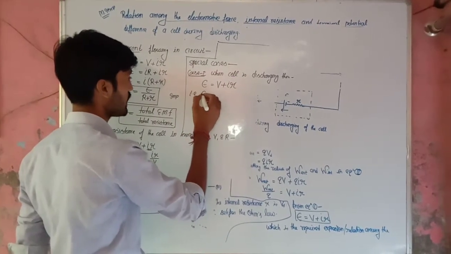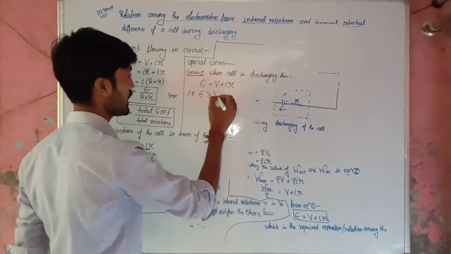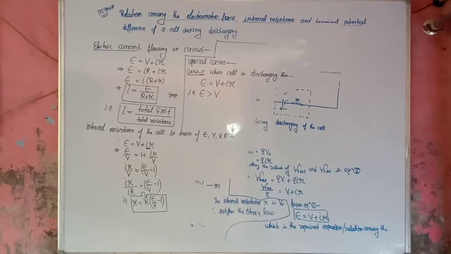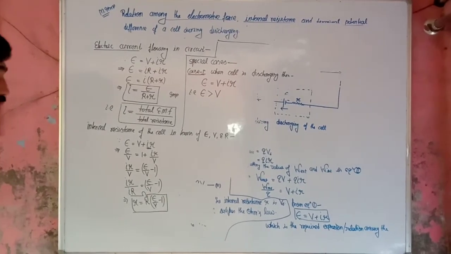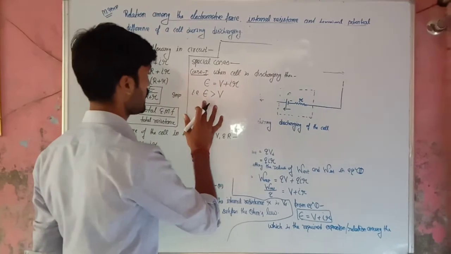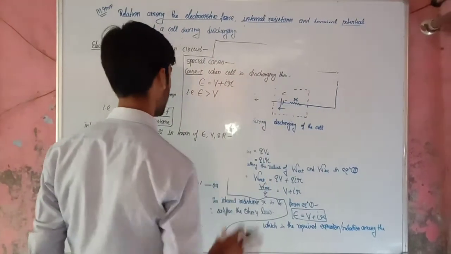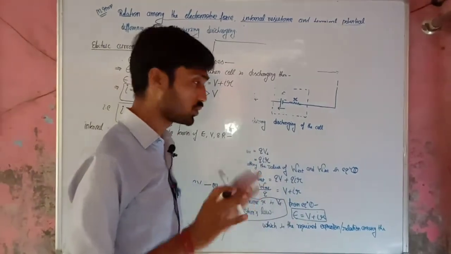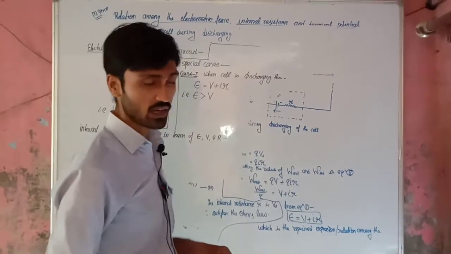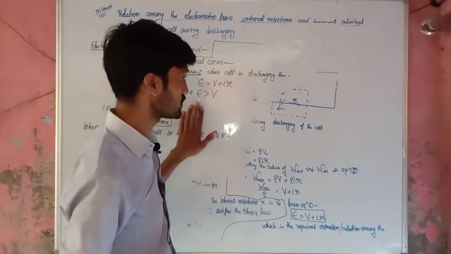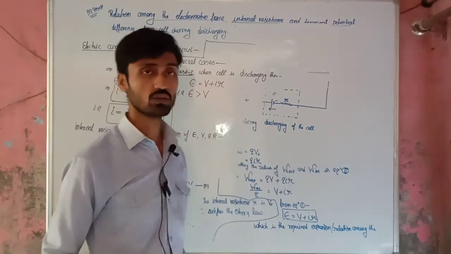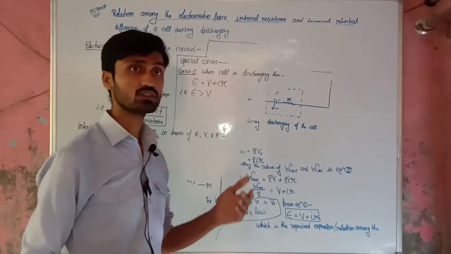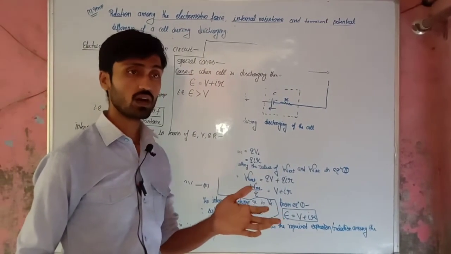That is, the electromotive force is always greater than the terminal potential difference across the external resistance in case of discharging. Okay, remember this point. And this difference is nothing but the potential drop across the internal resistance of the cell. Directly we have no method to calculate the electromotive force of the cell, because if you want to measure it, you have a device to calculate it, the potentiometer or the voltmeter.